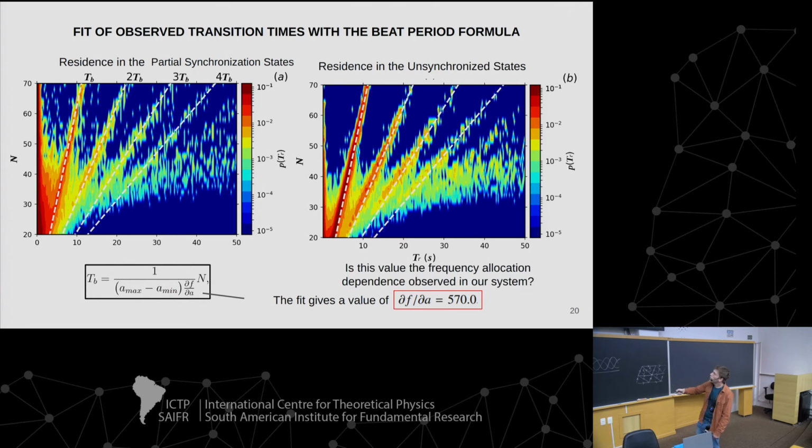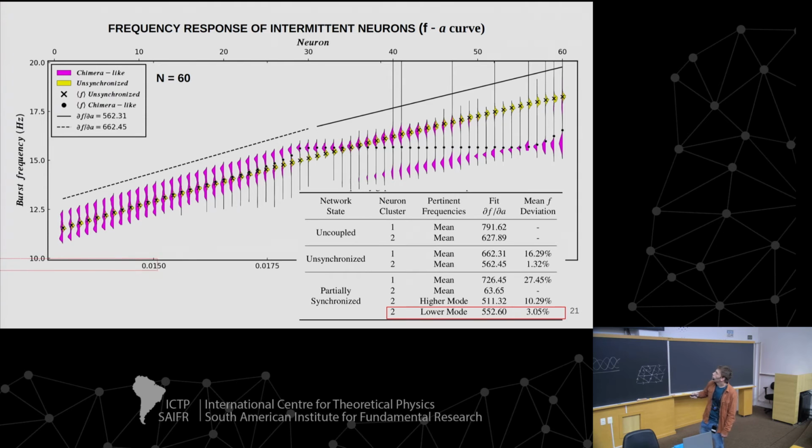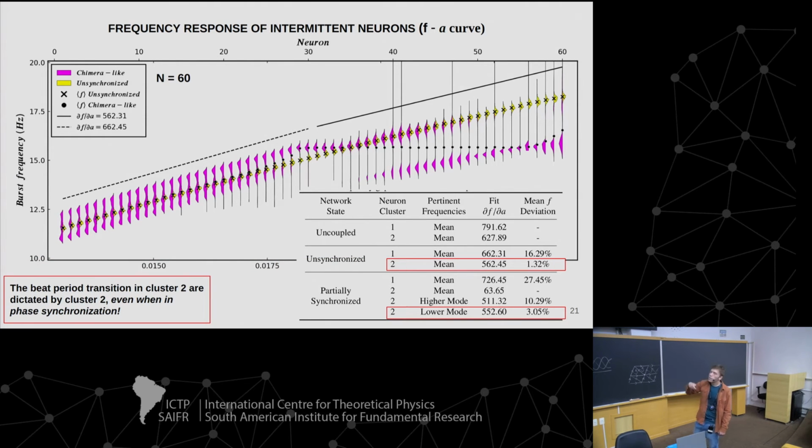And also, we can fit this. On our model, we can change some parameters, like the number of neurons, and then measure these probabilities. And we see that the first equation for the ensemble of oscillators matches the peaks on the probability distribution times. And when we fit it, we find this frequency response. The question is, which frequencies or which neurons follow this frequency response? And then we can show that they are the neurons from the second group.